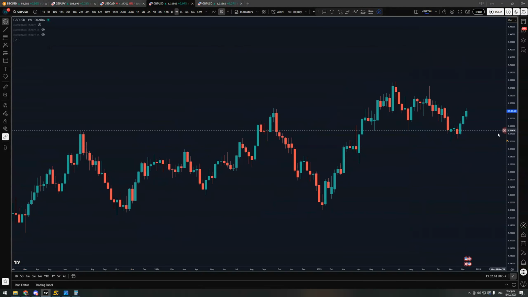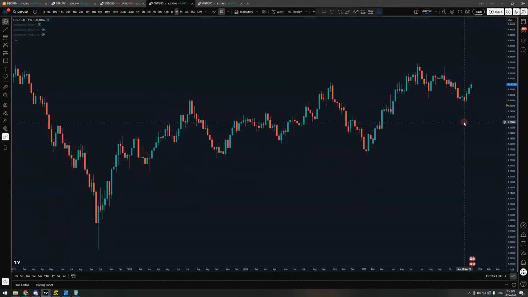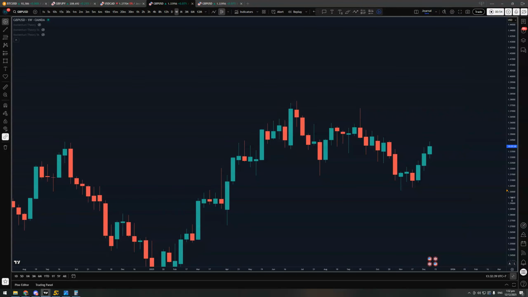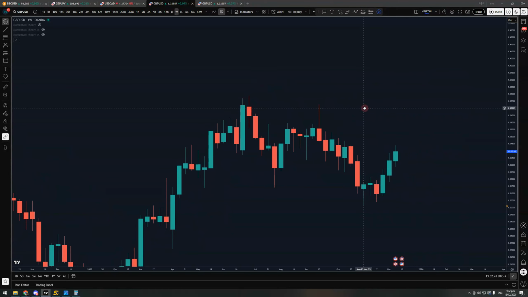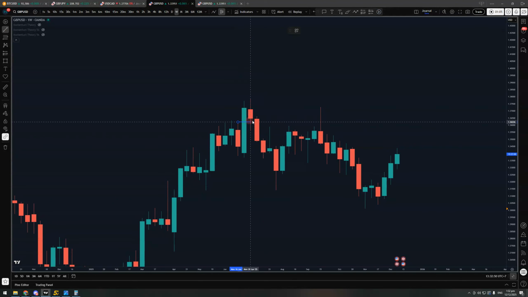I think first I need to briefly explain the concept of my trading. Whenever I look at any time frame on any chart, I always see that the market is moving from swing point to swing point. This is my belief in the market, that all it's doing is just moving from swing point to swing point. And if this is my belief, then the most important thing for me to identify is when do these swing points occur. Easiest way for me to do that is by looking at the breakout bar, last breakout bar, in this case a bullish breakout bar,